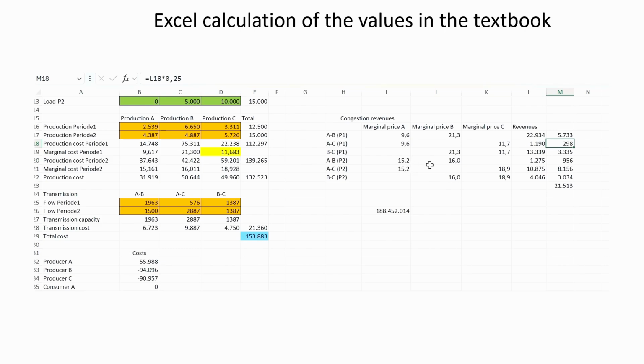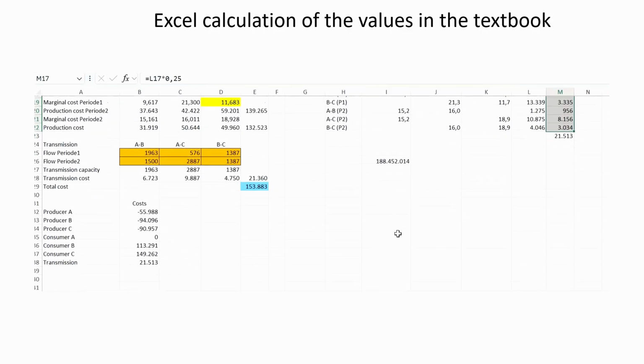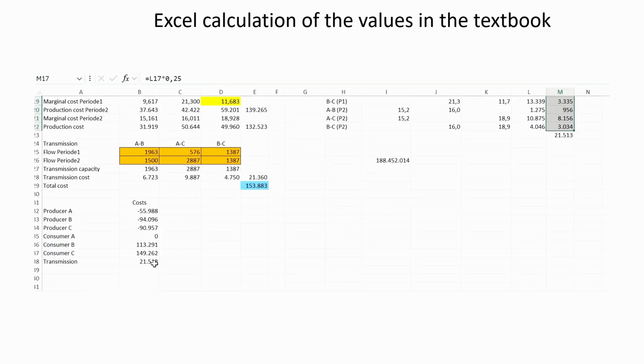In period 2, we do the same here, but now we divide it with 0.75 because 3 of 4 parts of the time we are here in period 2. And then we add all these congestion incomes here and get this value here. And as you can see, this is exactly the same as this value we calculated here. So the difference between what the consumers pay and the producers receive is the same as the bottleneck